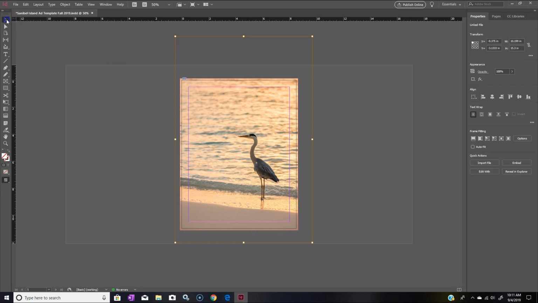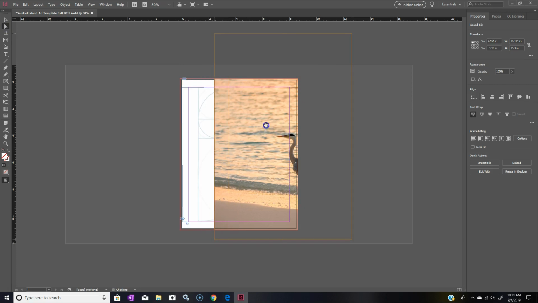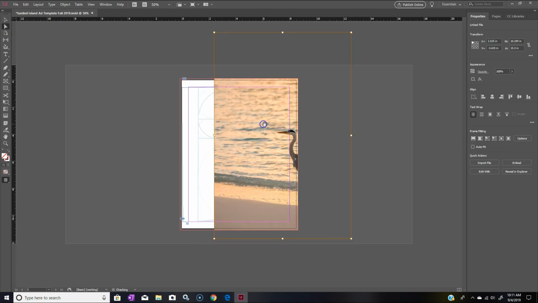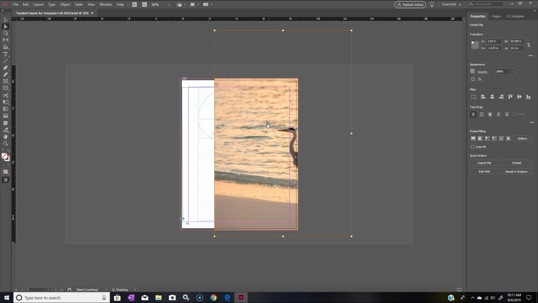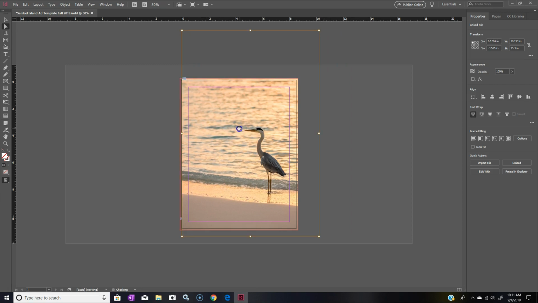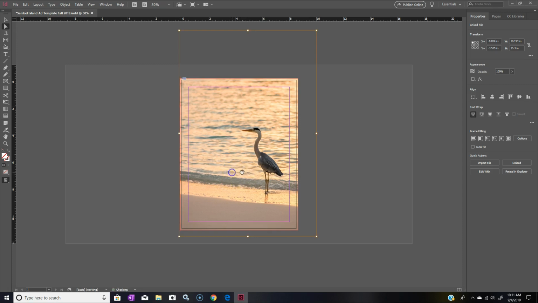If you want to, you can always slide this over and make sure. How's this lining up? Let's see. I'll move him up a little bit. See, that's where my focal point is going to be. So his beak's almost pointing right directly at it, and slide him over. Something like that. Got to make sure we're beyond the bleed. Okay, so there's a pretty good